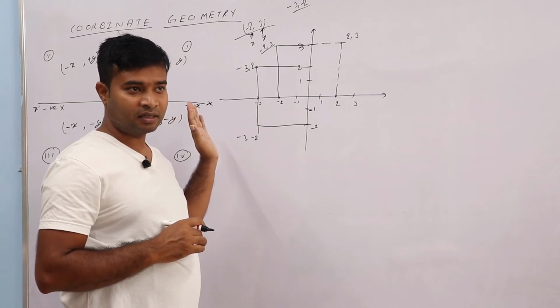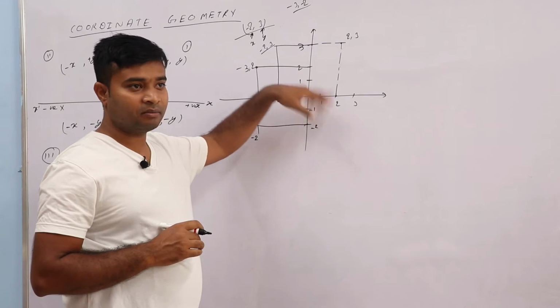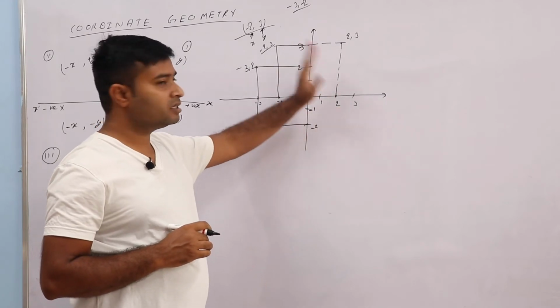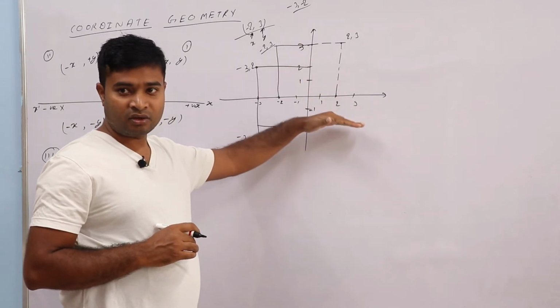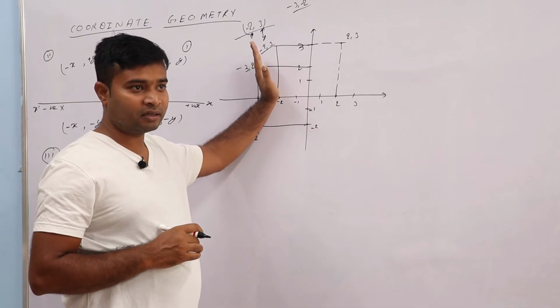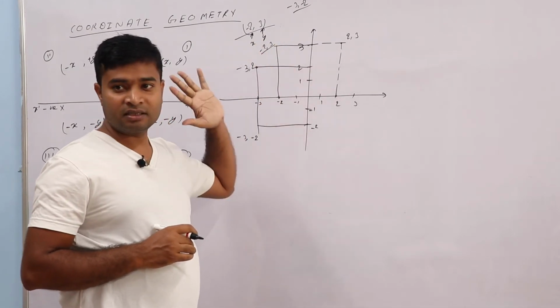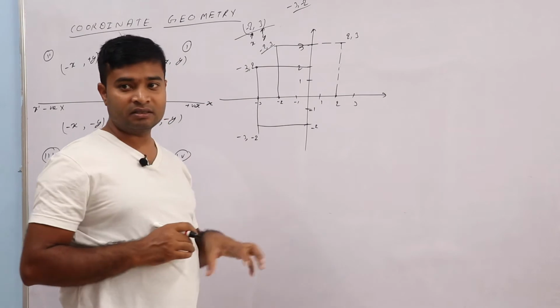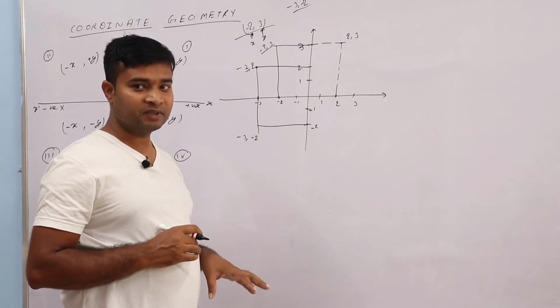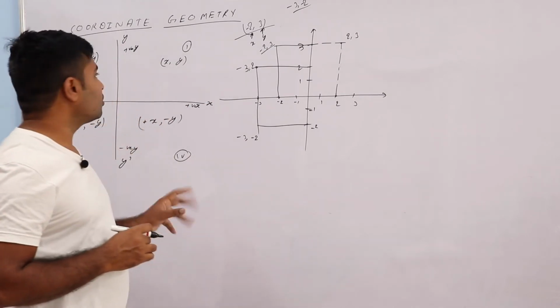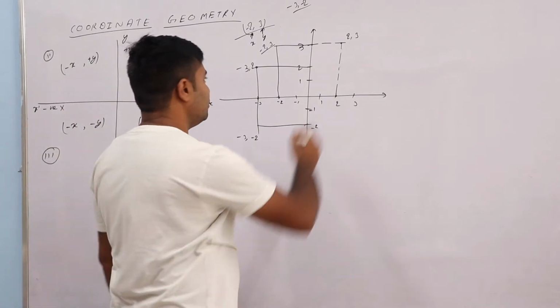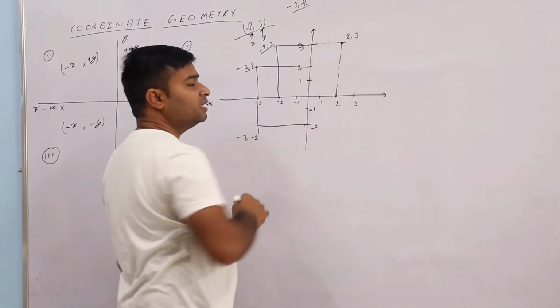Getting? Sir. Correct na? And this is called the coordinate system only. Like this is the x coordinate, this is y coordinate, x coordinate, y coordinate, correct? So this is called the coordinate system. Now what we have to learn in this topic in this class, in the 10th standard? So in the coordinate geometry, like say one point is here 2 comma 3.